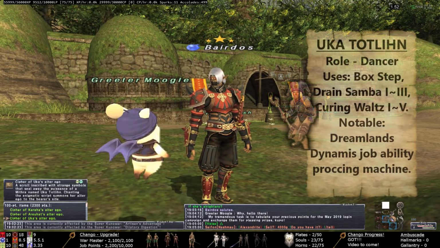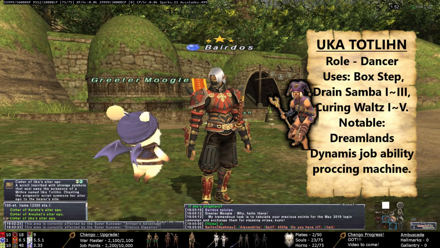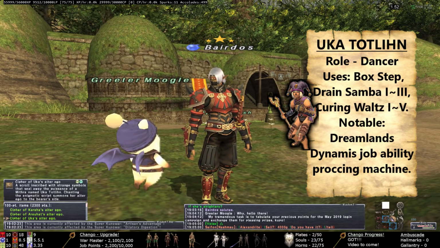Ukatotlin is one of the Dynamis Golden Trusts. Uka is a job ability proccing wonder in Dreamland's Dynamis. She'll use Box Step, which is what she'll be proccing with. Drain Samba's up to 3, Haste Samba and Curing Waltz up to 5. I haven't had much use for her outside of Diana, but certainly in there she's a must pick for currency